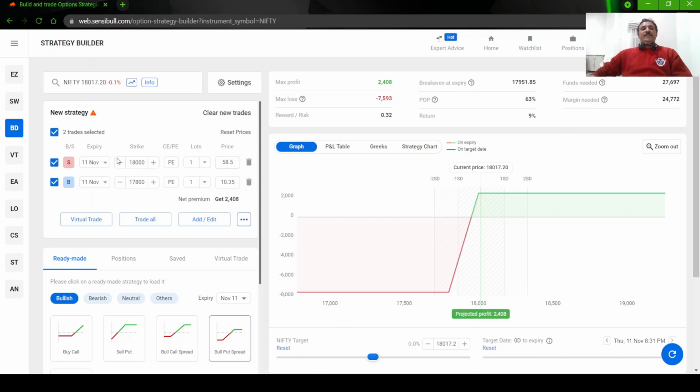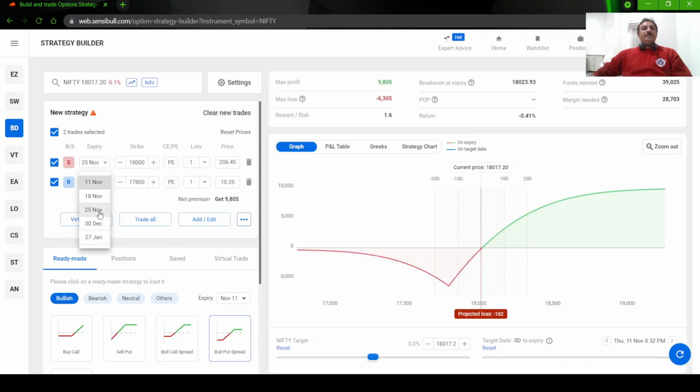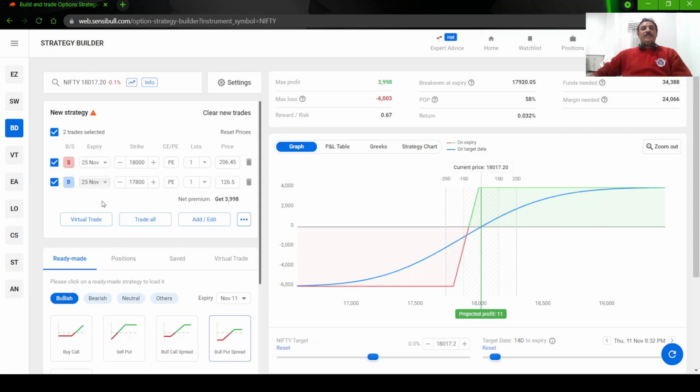So right now it is giving the expiry which is the nearest one, but for the bull put ladder we need to give time for this. If you have watched the bear call ladder video, you know why we have to give the time. I will explain it again when we go in detail on the bull put ladder. Okay, so let us go to the monthly expiries. 25th of November expiry. So this is a bull put spread.